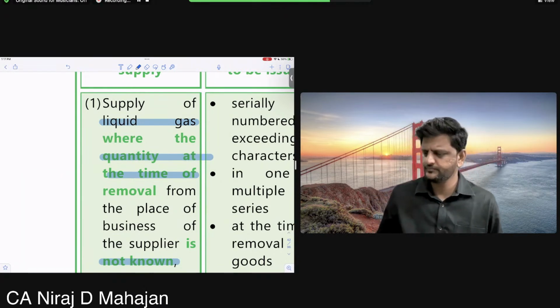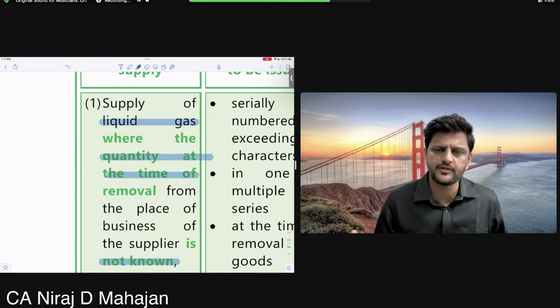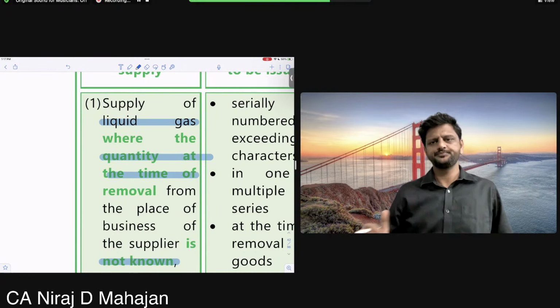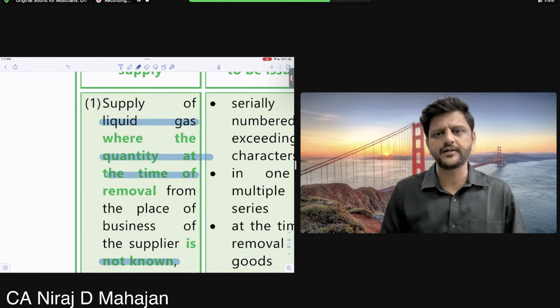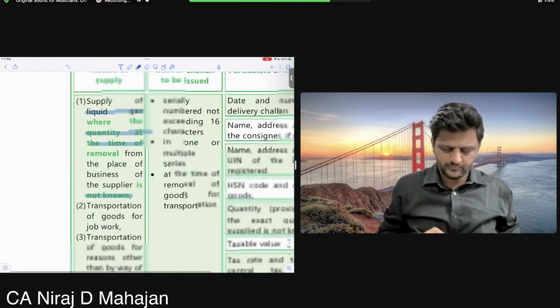So when the goods are moving from the factory's premises or whatever depot, at that time we are not generating the tax invoice. We are just generating a bill of supply. Okay. Then